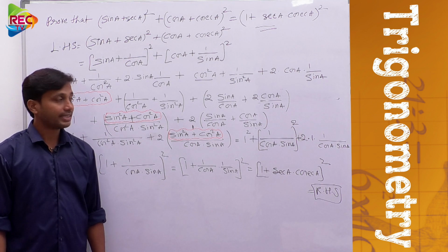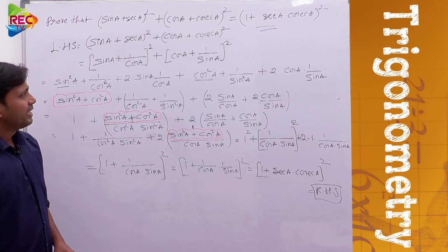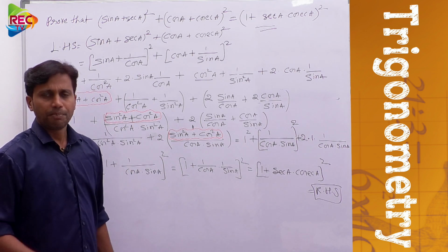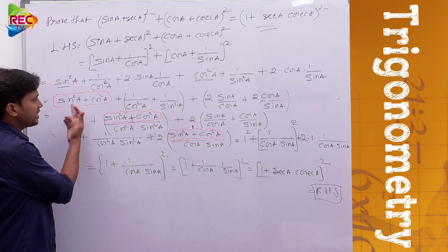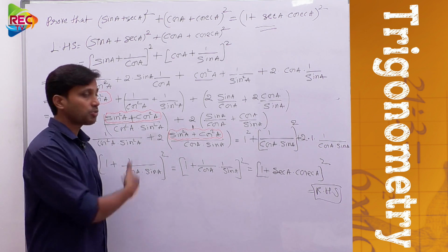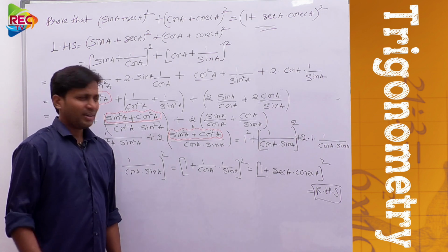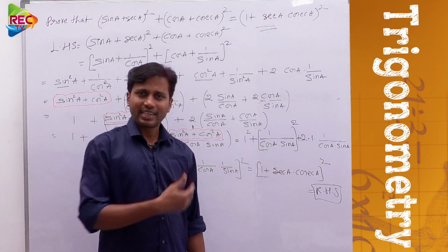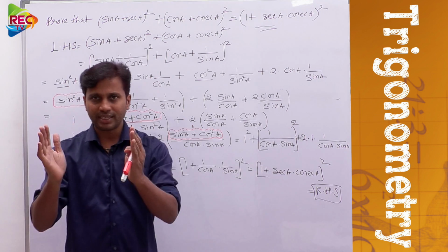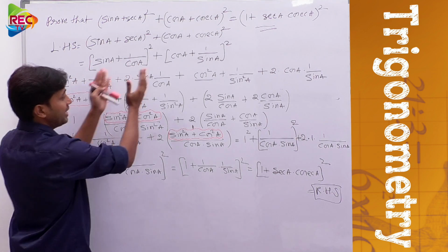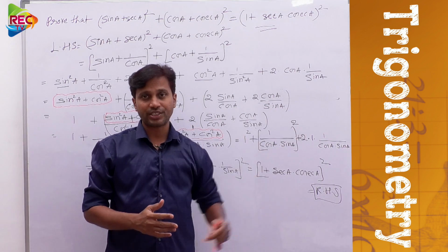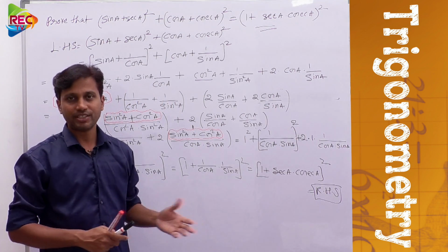So like this you can solve. The expression is of course looking too lengthy, but it's very easy to solve, because here we are getting sin square A plus cos square A, this identity only, 3 times in this problem. So it might be looking lengthy and clumsy, but it is not so clumsy. If you partition the problem and solve individual parts, individual brackets, then you can simplify the whole expression. It's very simple to solve. Anyways, we got the answer.